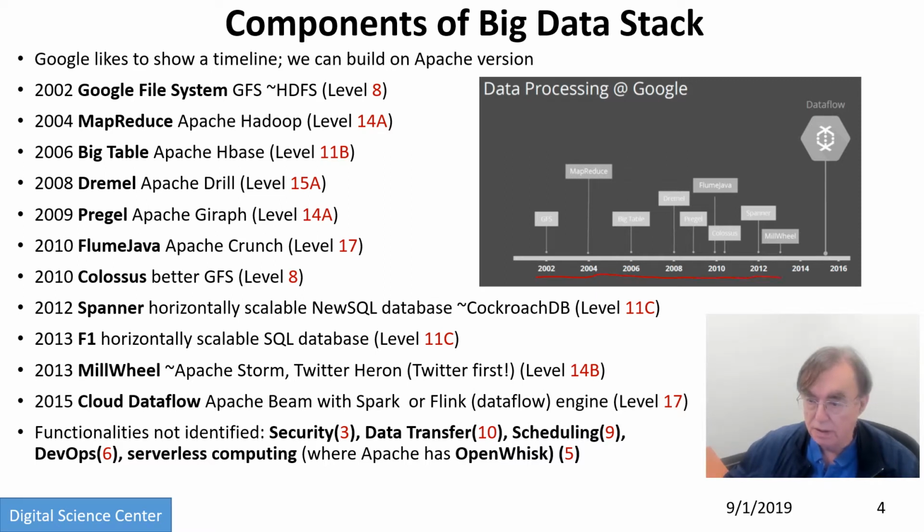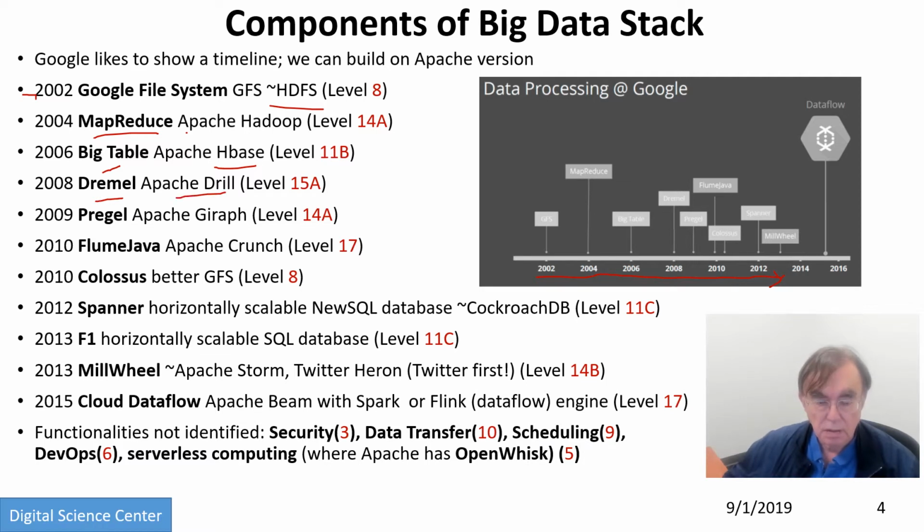It's not such a great resolution because it's copied from a video. This starts in 2002 with the Google File System, which becomes the Hadoop file system in the Apache stack. Then we have Apache Hadoop corresponding to Google MapReduce, Bigtable, which is Apache HBase,